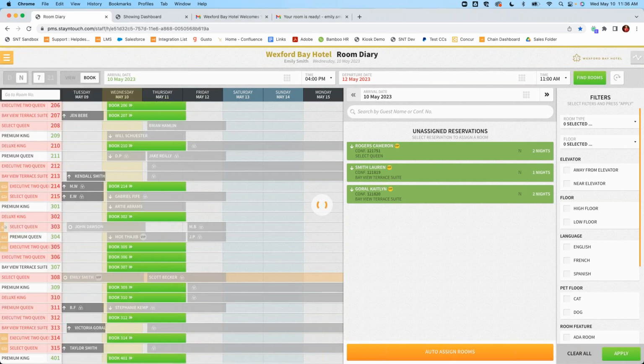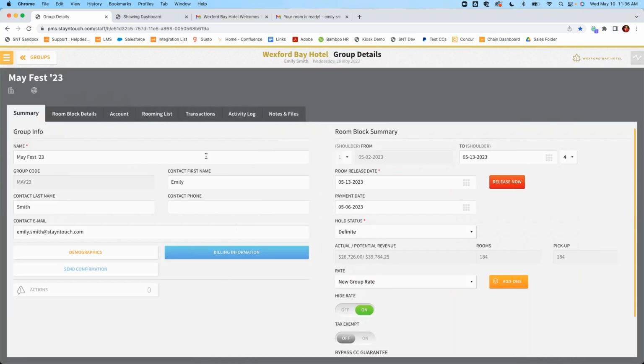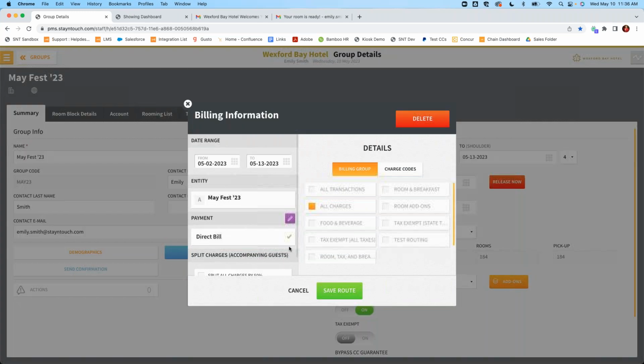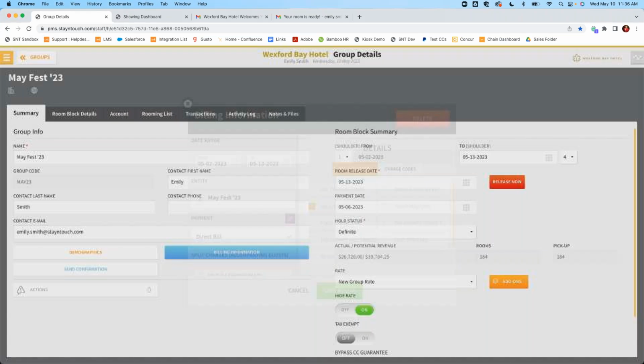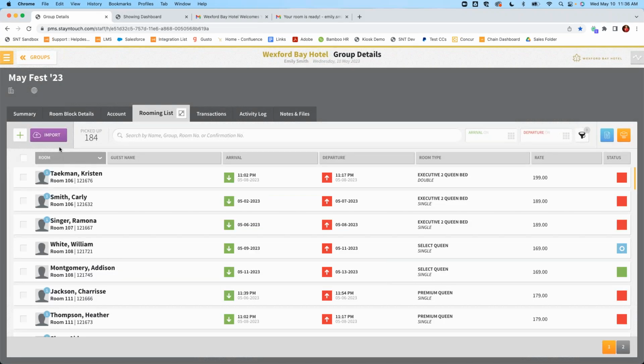From our group aspect, again, being able to manage your group blocks, being able to set up billing options, billing into a group. From a rooming list perspective, I mentioned you can import a rooming list via CSV, which will really cut down on entering in data, and it can capture obviously all the reservation information like arrival, departure date, room type, the